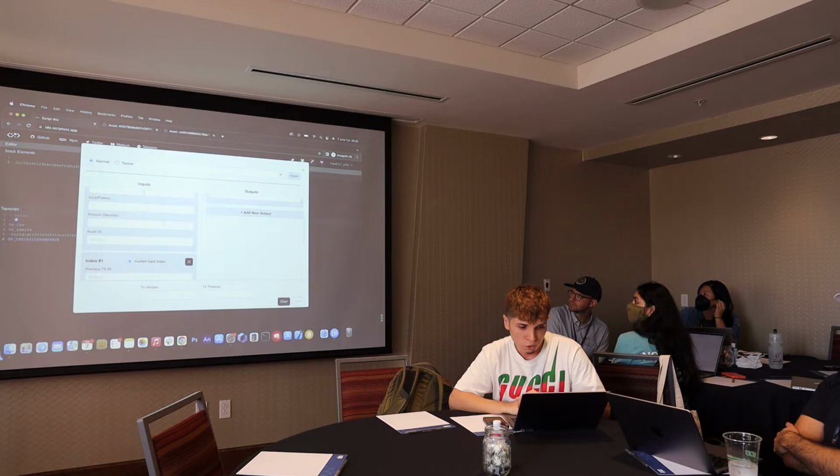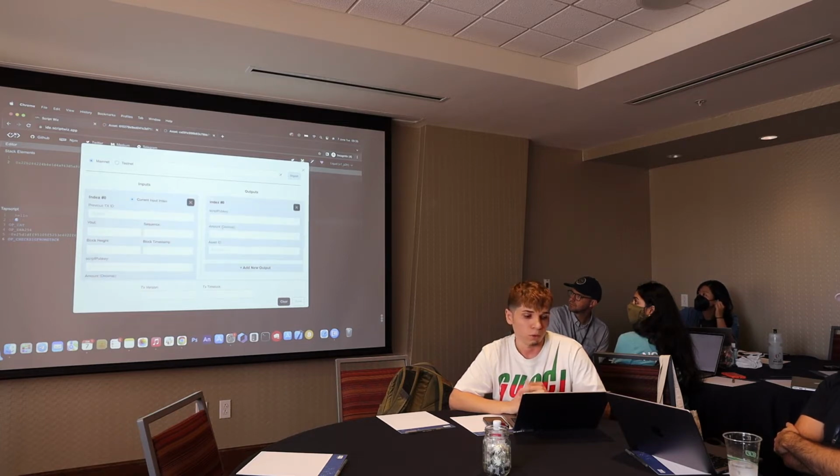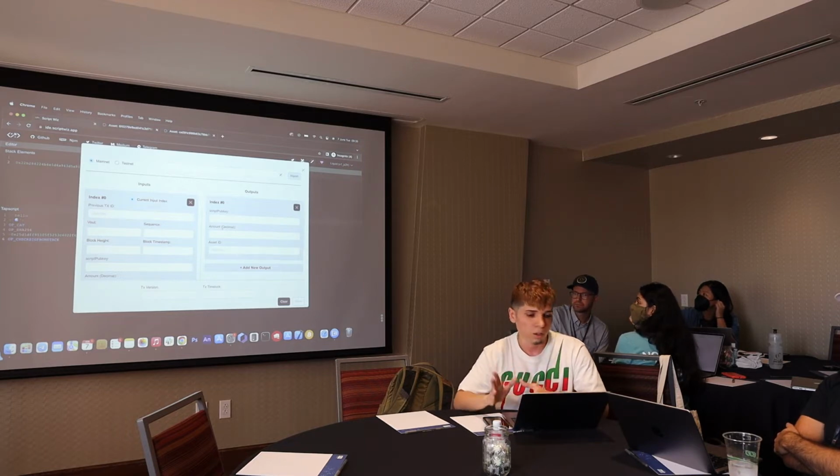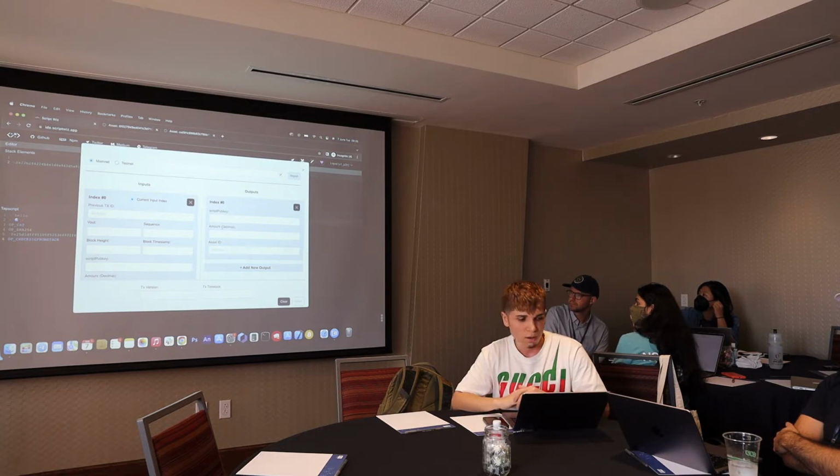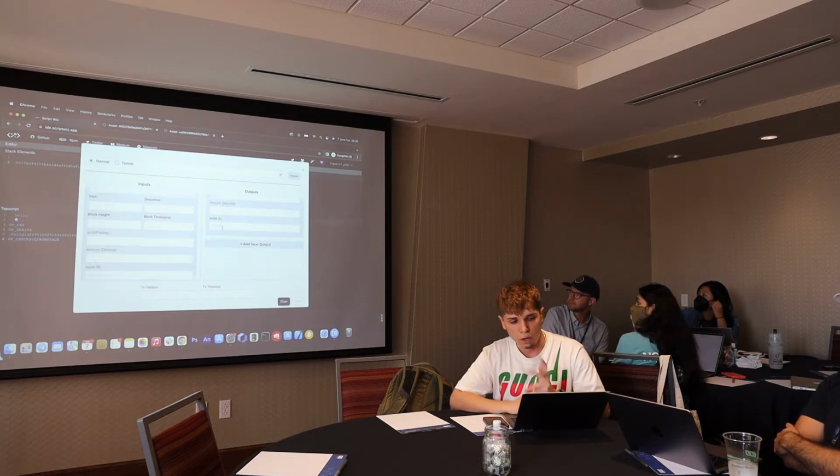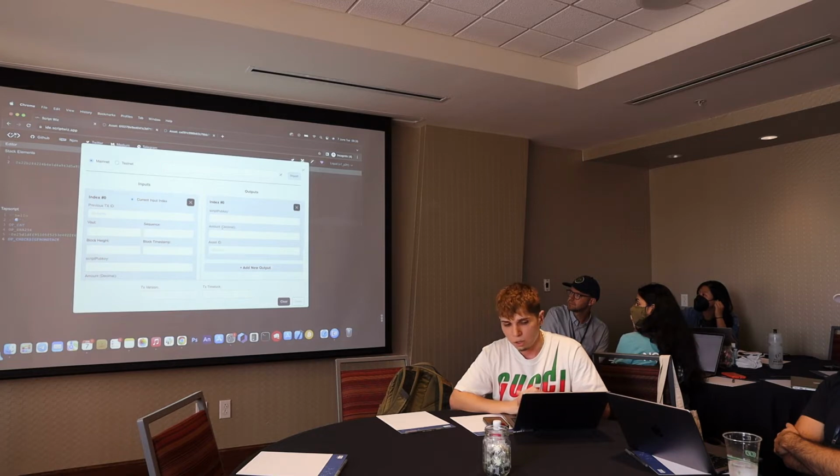As for outputs, I just want to deal with one input, but you could build very complex constructions, like multiple covenant inputs that interoperate and apply constraints to one another. But for simplicity, let's just keep one input. And for outputs, you can add more and more outputs. Let's say